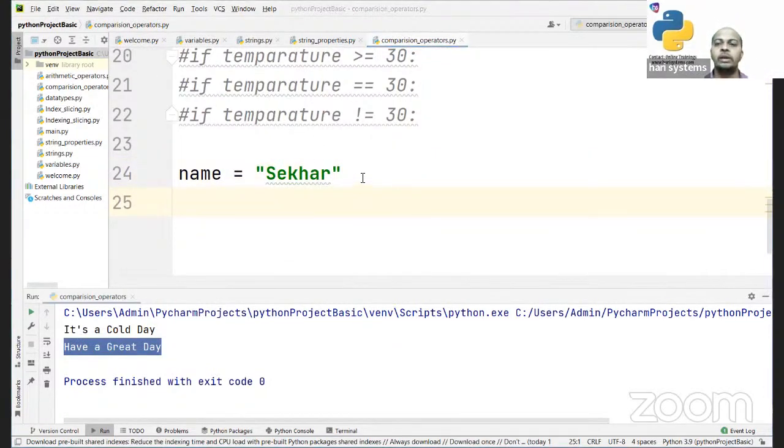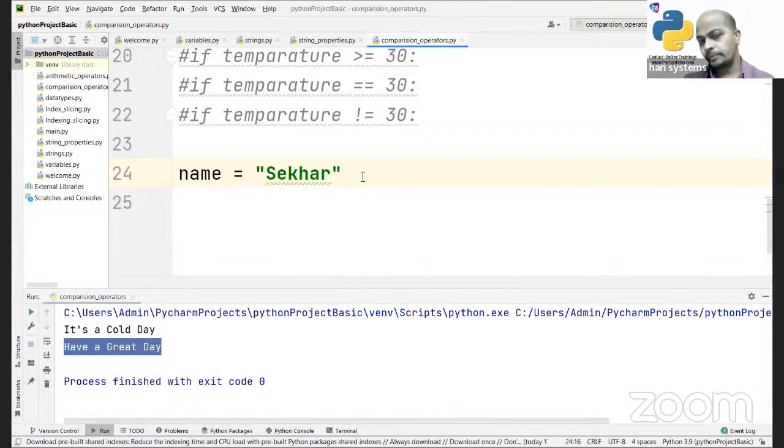A variable I have prepared here. Put your name. If not, you don't have to use Shaker as your variable name. So put your name over there, and using an if else statement,